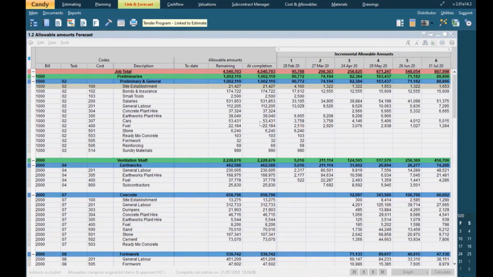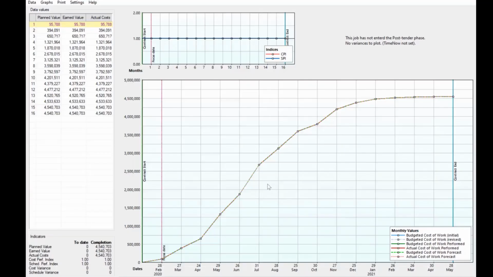So when that's completed, click on the graph button again. You can see now that the third set of values have been filled out into the planned value column. So this would be your starting position using Lincoln Forecast or cost and allowables in Candy before you walk onto